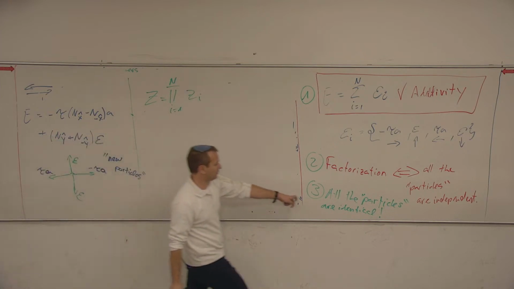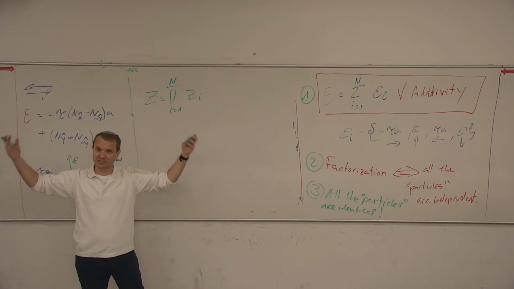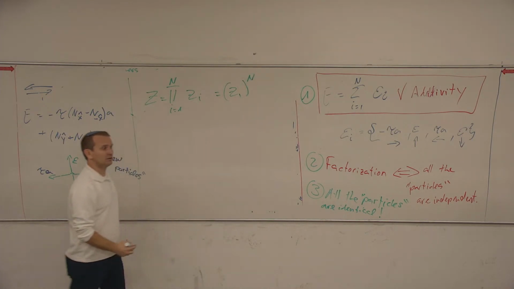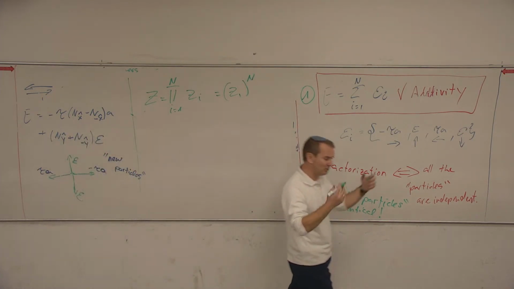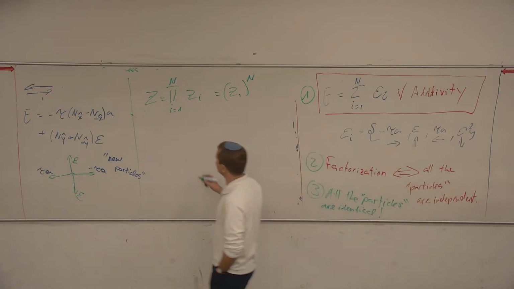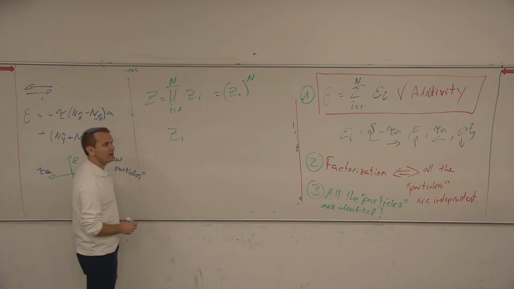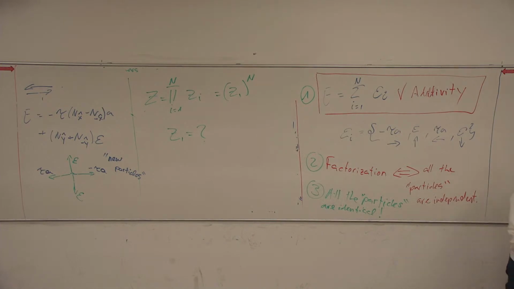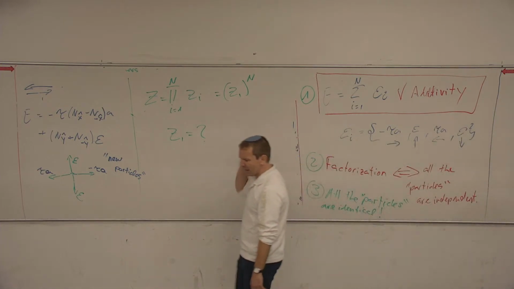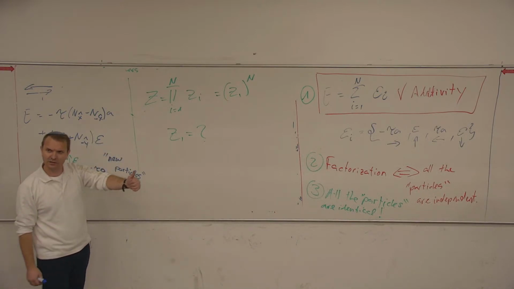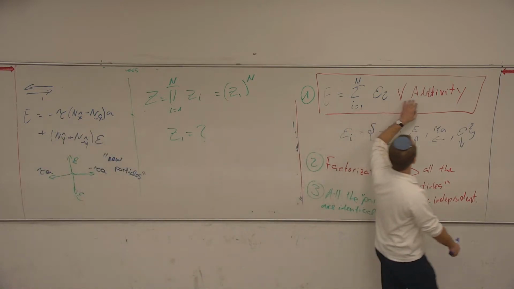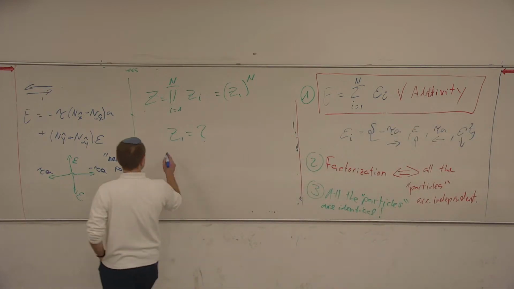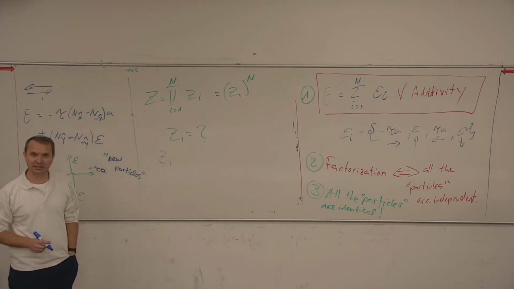Now, because of the third condition that they are all identical, all the monomers are exactly the same, this is simply Z1 to the power n. So our whole question about the behavior of the system comes down to what? Comes down to computation of Z1. This is why we were dancing around. This is the only way that we know how to solve it. We need to represent everything by means of independent particles that contribute in an additive way to the energy. How do we compute Z1? It's very easy.